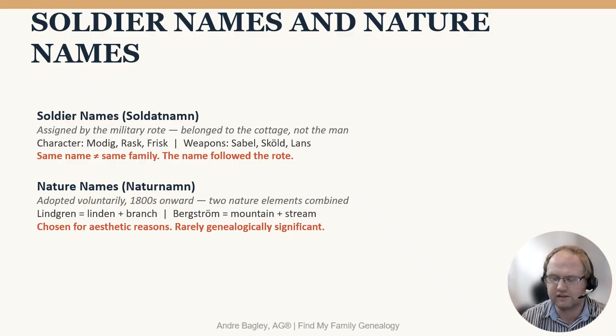And there's nature names like Lindgren, Lindberg, that's Linden or branch. Gren is branch. Berg, mountain. Ström is stream. These were very popular in the 19th century. Swedes were transitioning. They would often adopt these names. A lot of craftsmen would do so as well. When you became a master tradesman or a journeyman, a lot of people would take these names to differentiate themselves from a commoner, because they didn't want to have an ordinary name when they had extraordinary skill. Which can sometimes get you stuck if you don't know their patronymic name before then, so you would know when you're looking in birth records